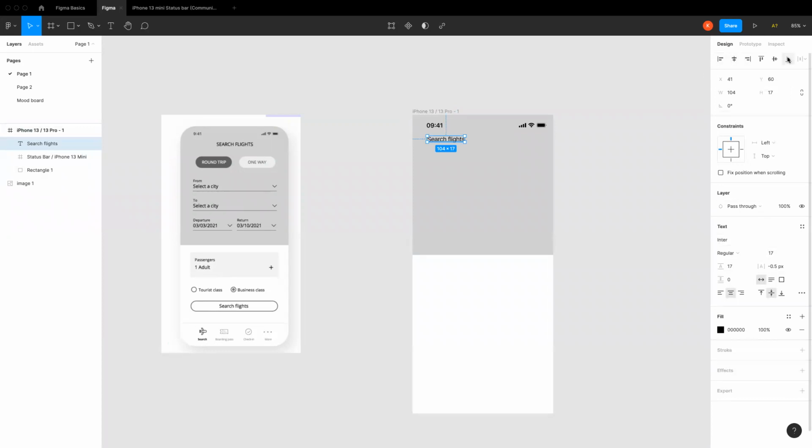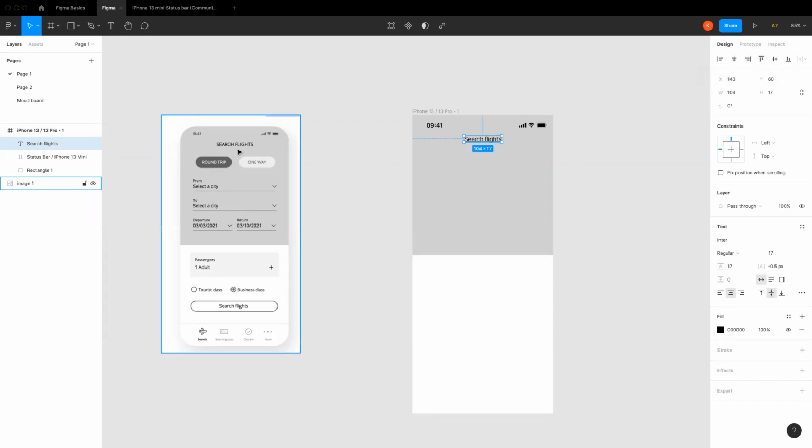If you look at some properties at the top, you have align to left, align horizontal, align to the right, align top, this and that. So I'm just going to align this to the center, just as we have here on the design. And then you notice it is also in uppercase. You have some properties that you can also set on